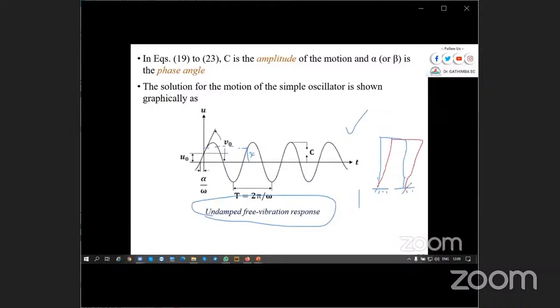Okay? And then we are saying this was the initial displacement, u naught. And there's the initial velocity, u dot naught, or v naught. Okay? And if there's no damping, it will continue moving to and fro, to and fro, to and fro. So if we say at 10 seconds it will have been at this position, at this location,